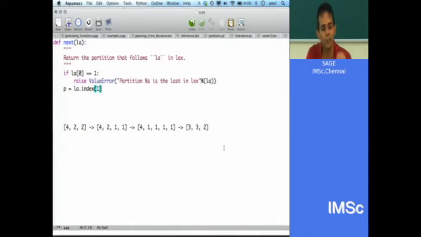So now what we want to do is take that, so we will chop la 2 places before that, right? Okay, what if there are no ones?